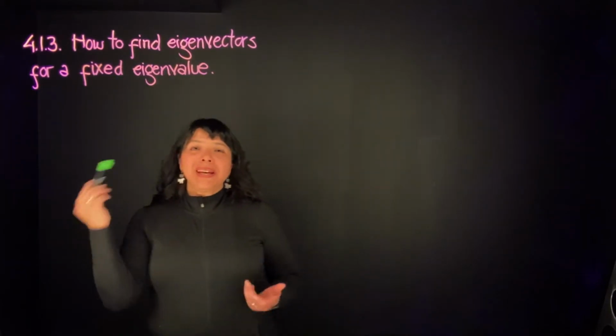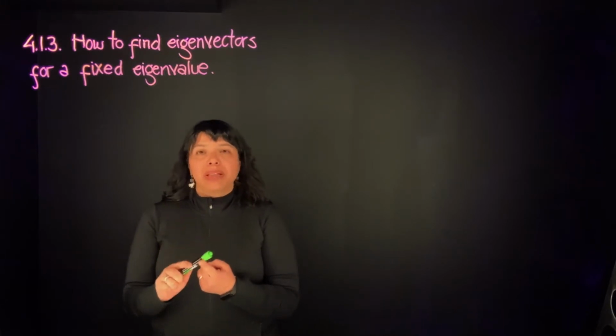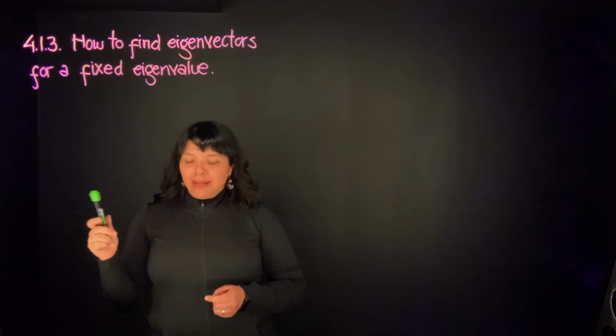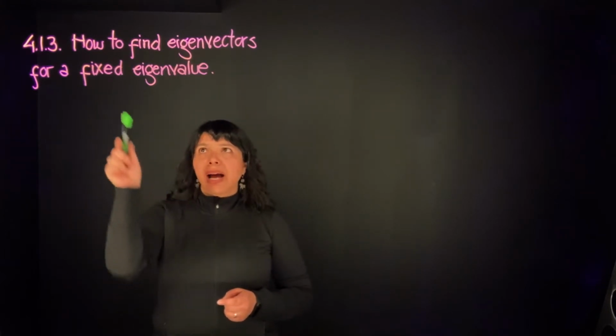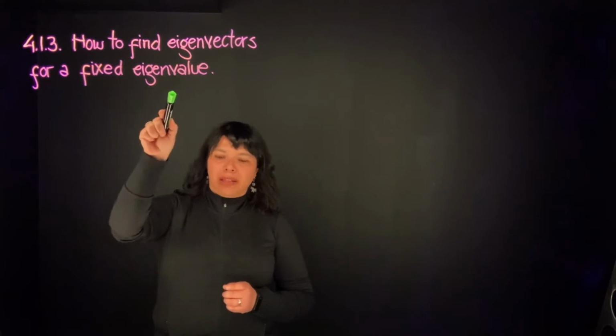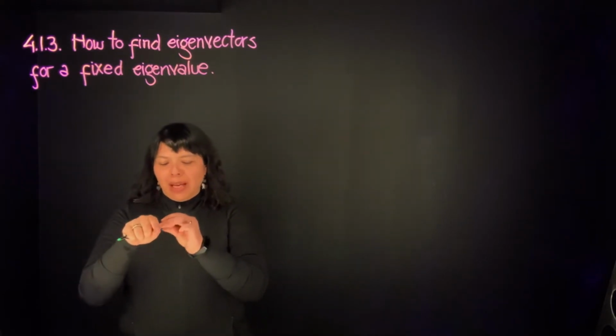Okay, so we have seen already how to figure out the eigenvalues for a matrix, and what we're going to see for this module is the ideas in your textbook on how to find the eigenvectors corresponding to a fixed eigenvalue. So now that you know how to find the eigenvalues, suppose that we have